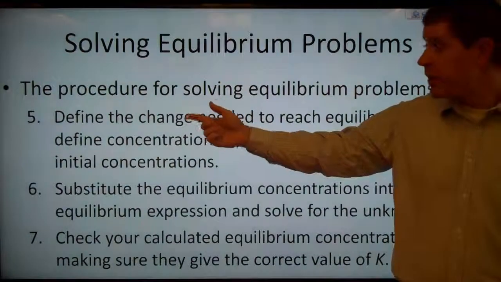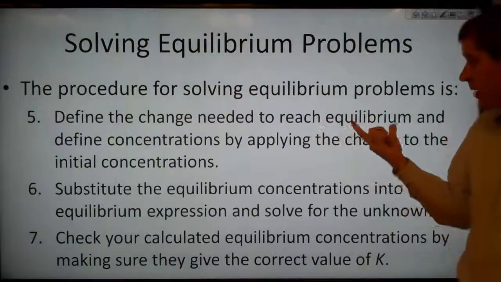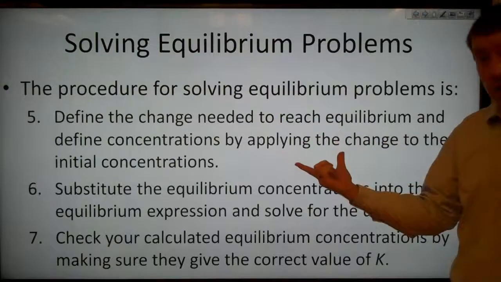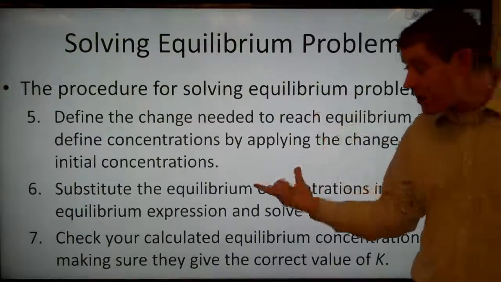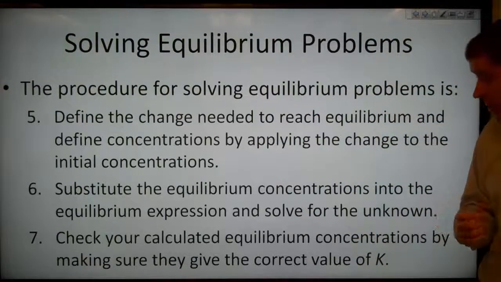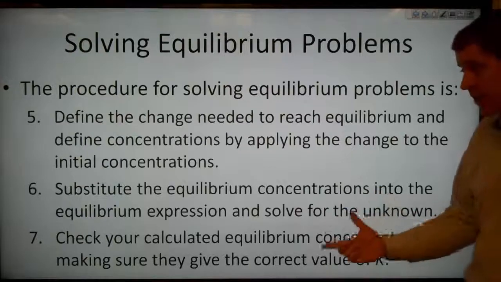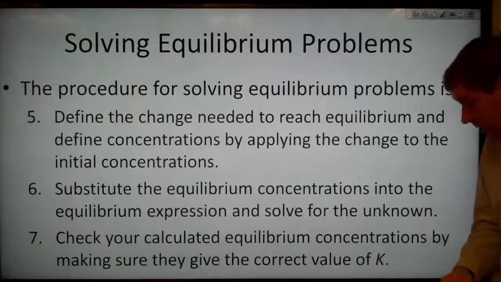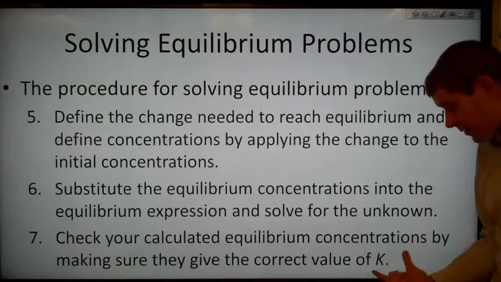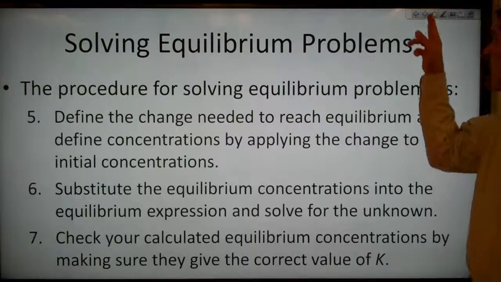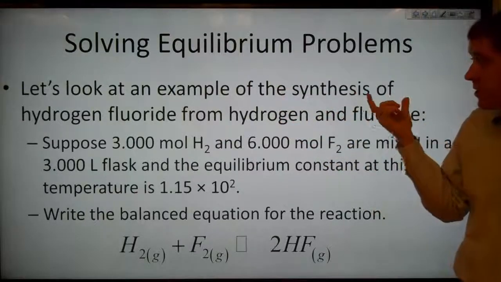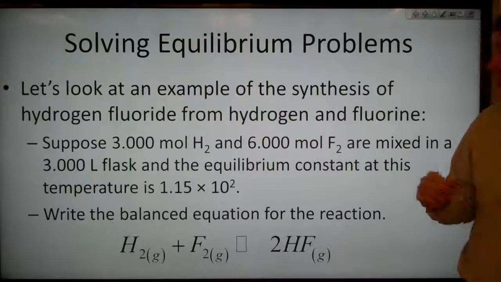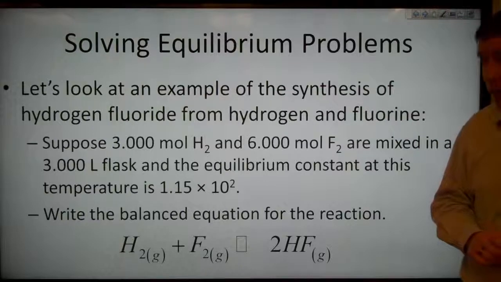Step 5 then is define the change needed to reach equilibrium and define concentrations by applying the change to the initial concentrations. Step 6 is to substitute the equilibrium concentrations into the equilibrium expression and solve for the unknown. And step 7 is to check your calculated equilibrium concentrations by making sure they give the correct value of K, the equilibrium constant. So let's look at an example of the synthesis of hydrogen fluoride, HF, from hydrogen and fluorine